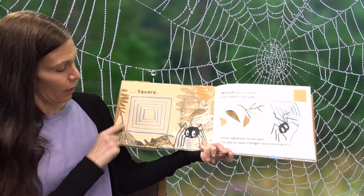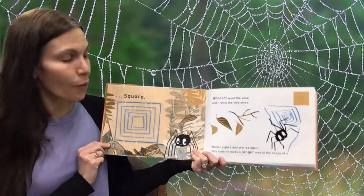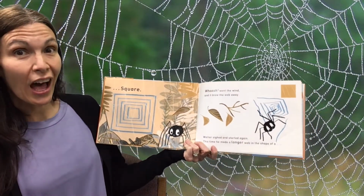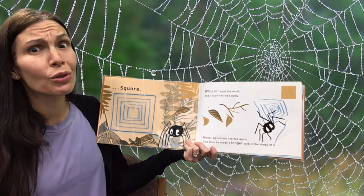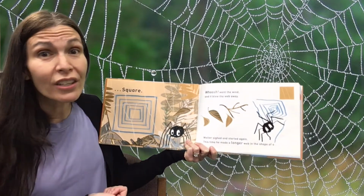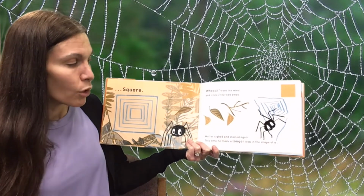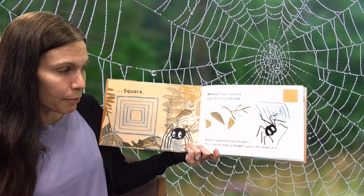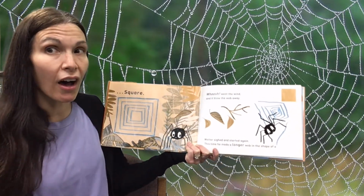Let's see, 1, 2, 3, 4. It's a square. Now get ready for your line. Whoosh went the wind, and it blew the web away. So a square didn't work, and a triangle didn't work. Walter sighed and started again. This time, he made a longer web in the shape of a...